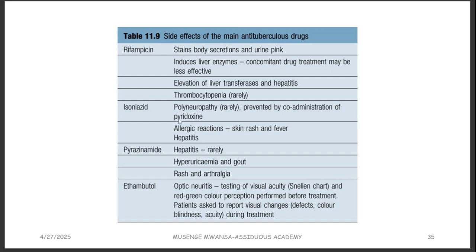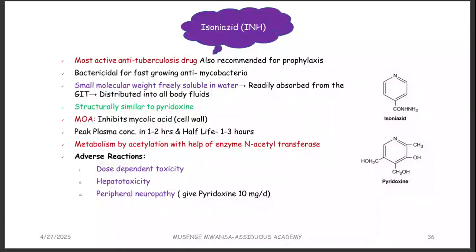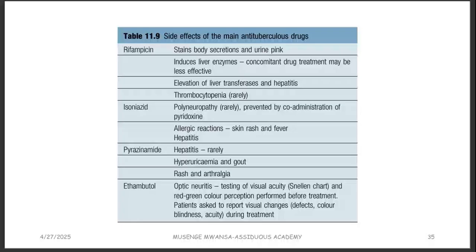Okay, so the thing is that since all these drugs we have said cause problems with the liver, right? Like they lead to destruction of the liver. When you just see that there is elevation of the liver enzymes, you don't stop giving these drugs, not until you see that really there is a problem. Okay, like there are obvious signs that the liver is now going into destruction, not just elevation of liver enzymes. So if you see the liver transaminases increasing, you don't just stop the drugs.